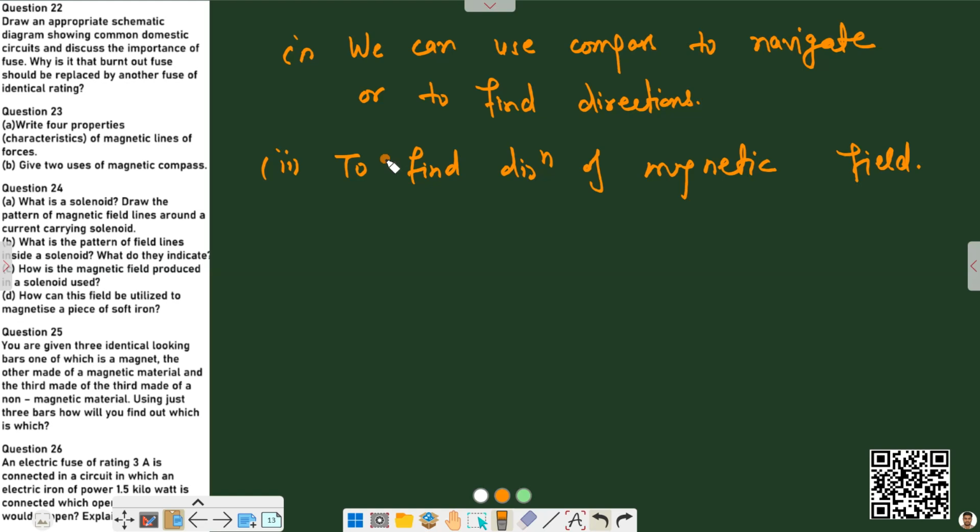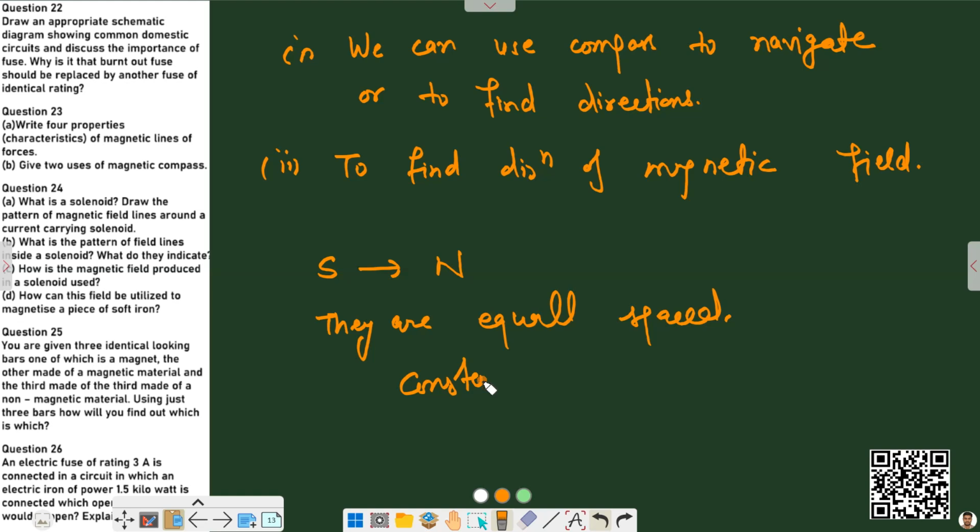Now let us move to our next question. What is a solenoid? Draw the pattern. We have already discussed it. What is the pattern of field lines inside a solenoid? What do they indicate? The pattern of field lines inside a solenoid is just like a bar magnet. They move from south pole to north pole, and they are equally spaced. It means there is a constant magnetic field